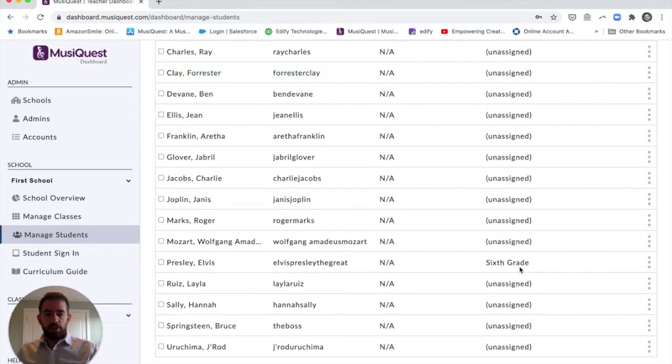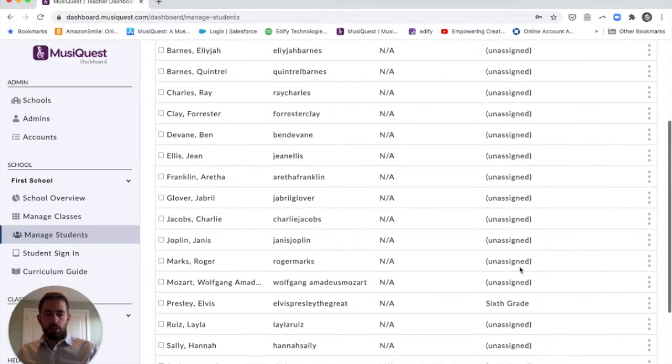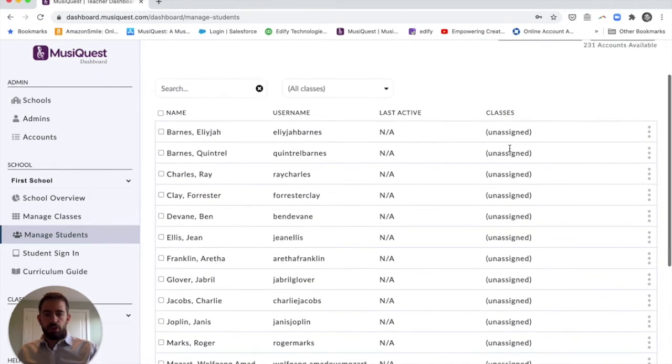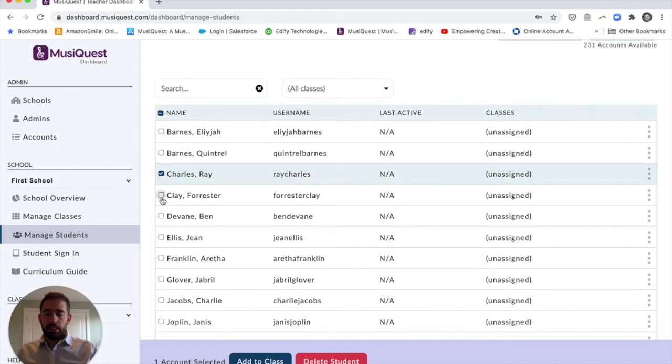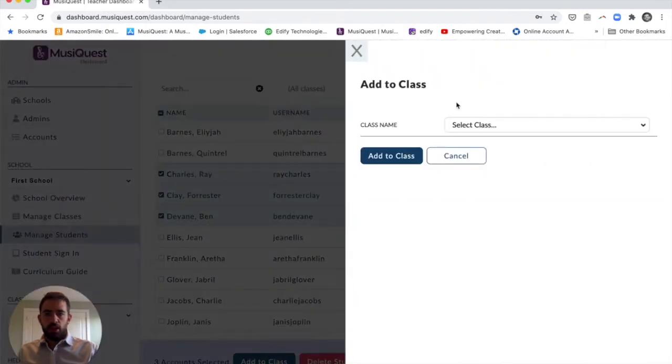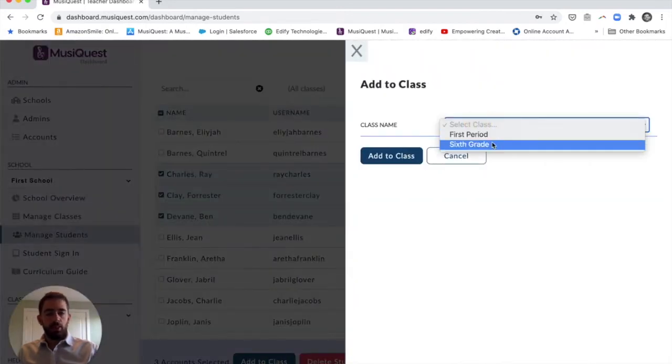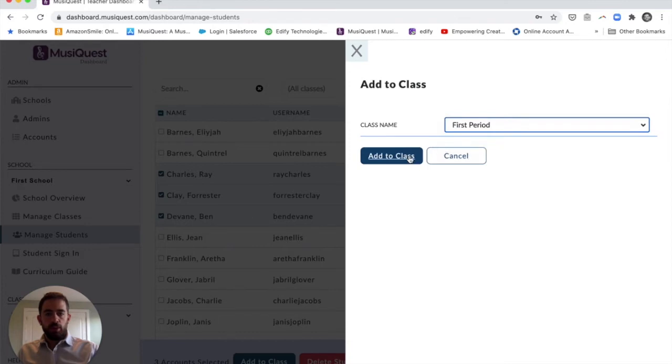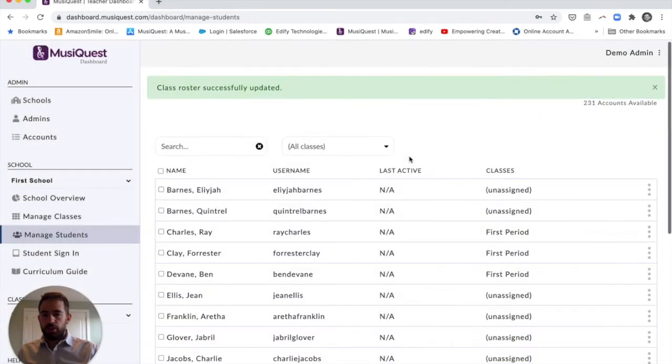We're going to see that Elvis is in 6th grade. We assign that to him on creation, but none of our other students are in classes yet. We can change that by clicking this left-hand column to select a few students. Let's choose maybe 3 to add to a class, and it'll bring up your different options. First period, 6th grade. Let's say first period for these students,